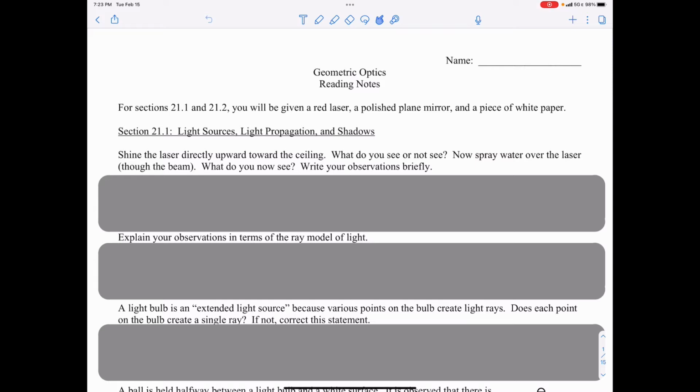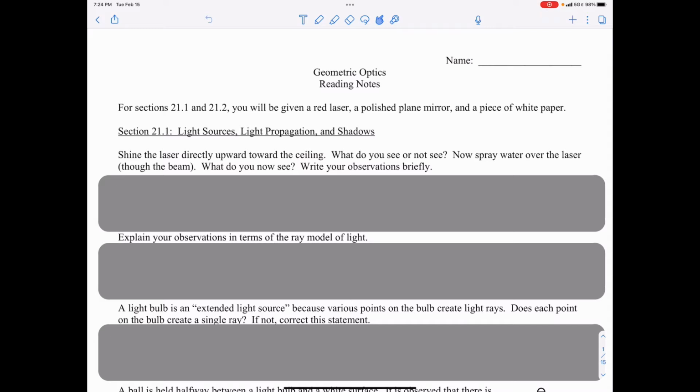Section 21.1, Light Sources, Light Propagation, and Shadows. Shine the laser directly upward toward the ceiling. What do you see or not see? Now spray the water over the laser through the beam. Now what do you see? Write your observations briefly. You might remember in class I asked you to look at Observational Experiment 21.1, in